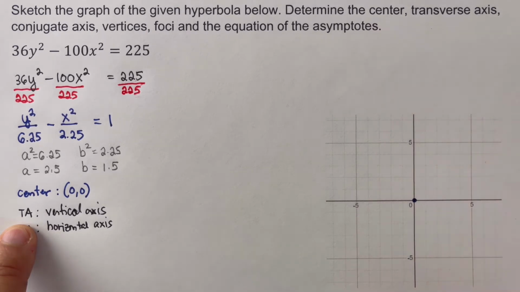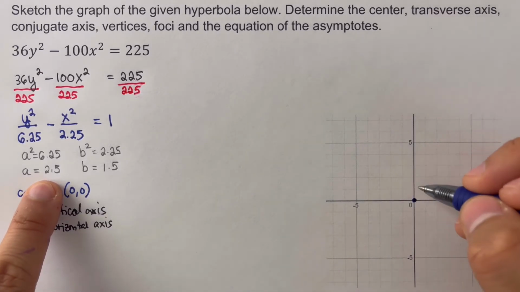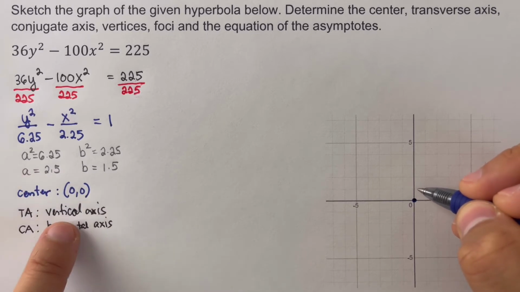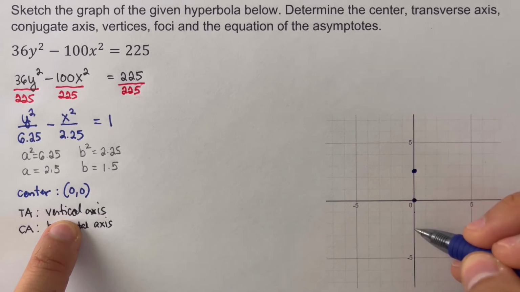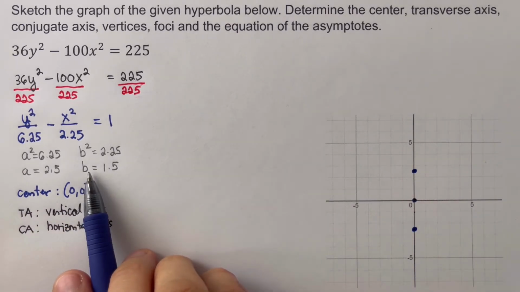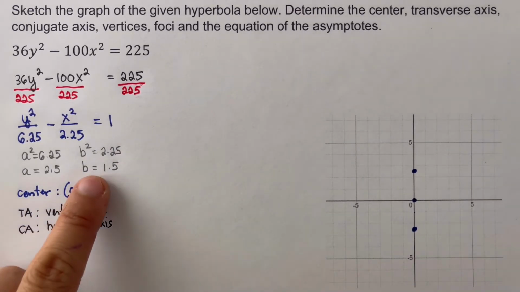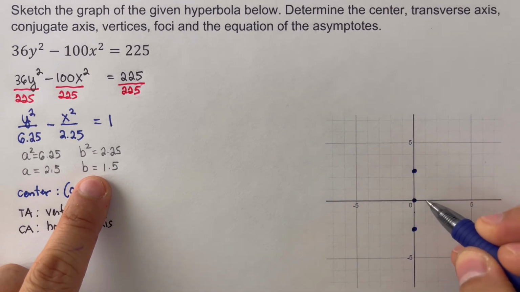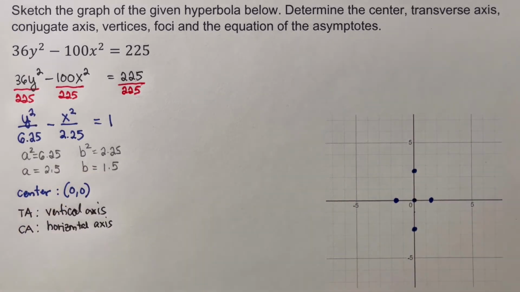So from the center of the hyperbola, we go up 2.5 and down 2.5, because again, the vertical axis was the transverse axis. So 1, 2, 2.5, and then go down 1, 2, 2.5. Looking at the b value, b is the distance from the center to the co-vertices. The co-vertices for this hyperbola are sitting at the conjugate axis, so that would be 1.5 left and right. So 1, 1.5, and then 1.5 is going to sit right here,